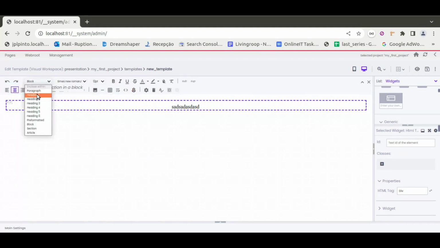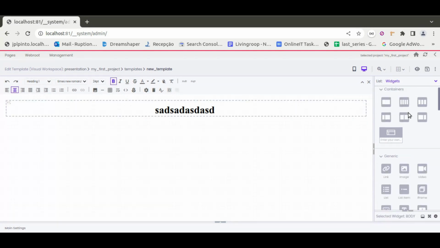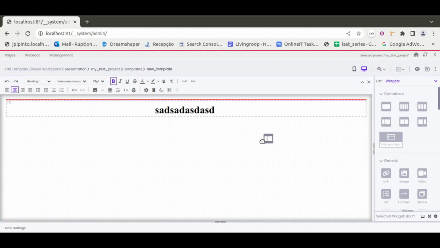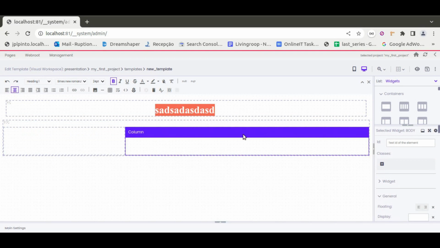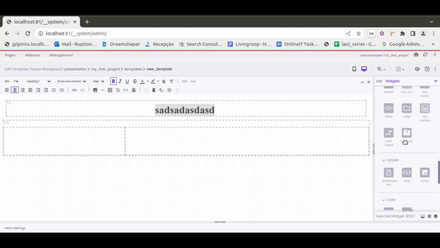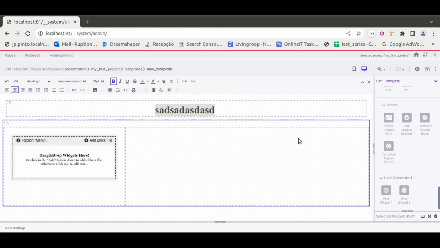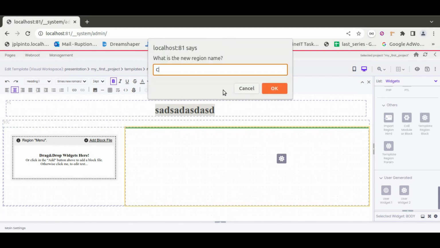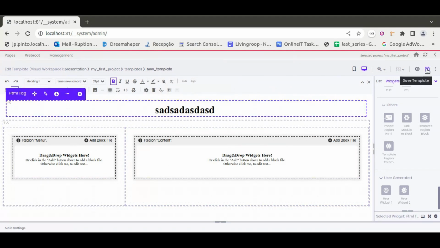We can put it as an h1, whatever, and then in here let's select this div, these two containers, which is basically a left container and a right container. In the left container we will put a region called menu. In the other container we'll create a region called contents. Two different dummy regions, whatever. So we'll just save it,